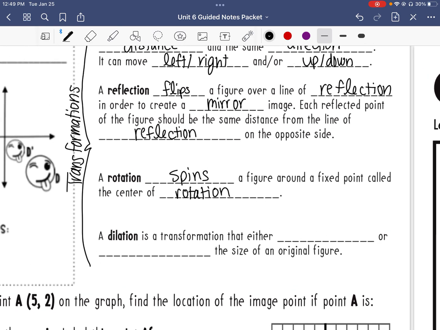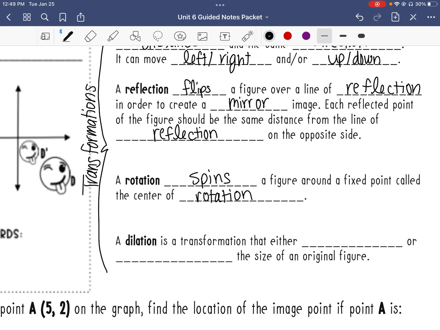All right, last transformation we need to talk about is a dilation. And I'm telling you right now, we're going to talk about it, and we really won't use it for the rest of the unit. So with a dilation, it is a transformation that either enlarges or reduces the size of